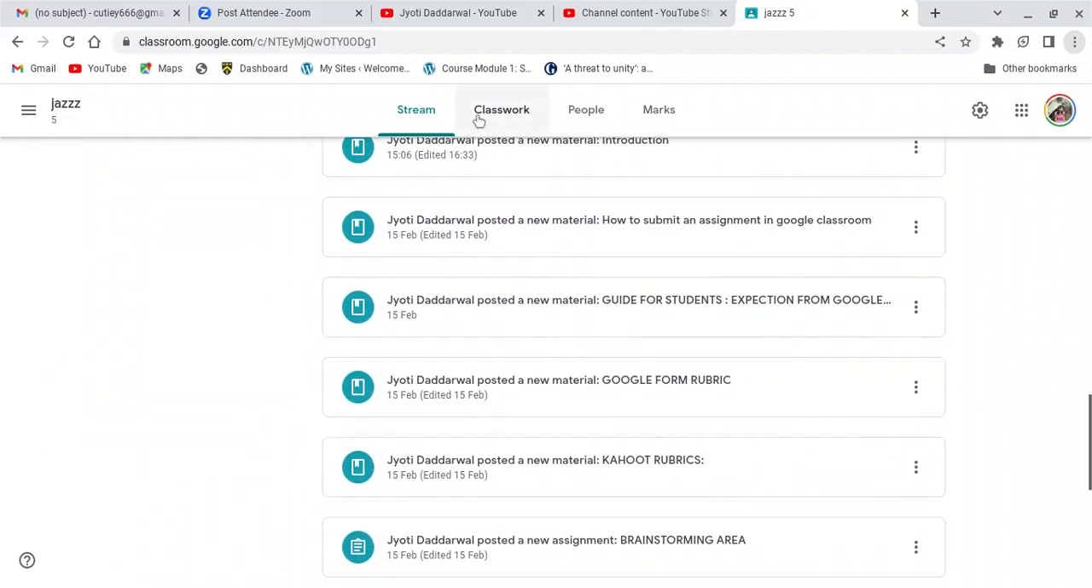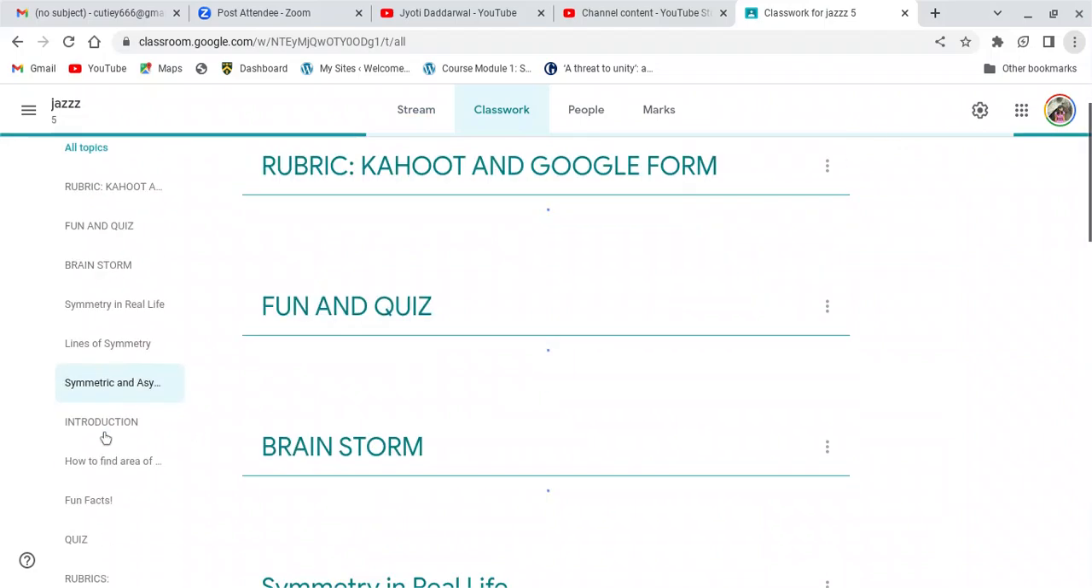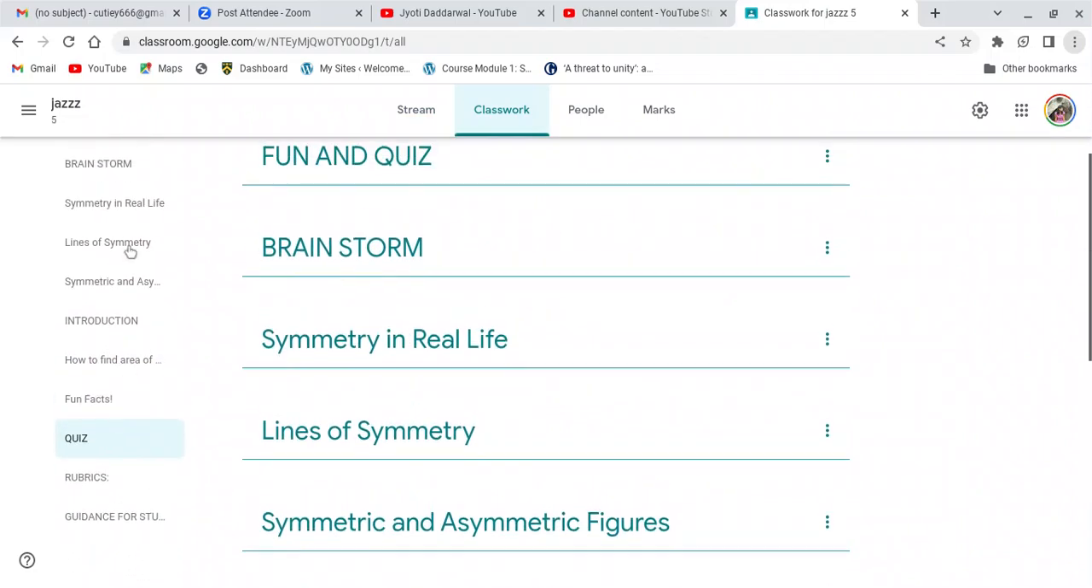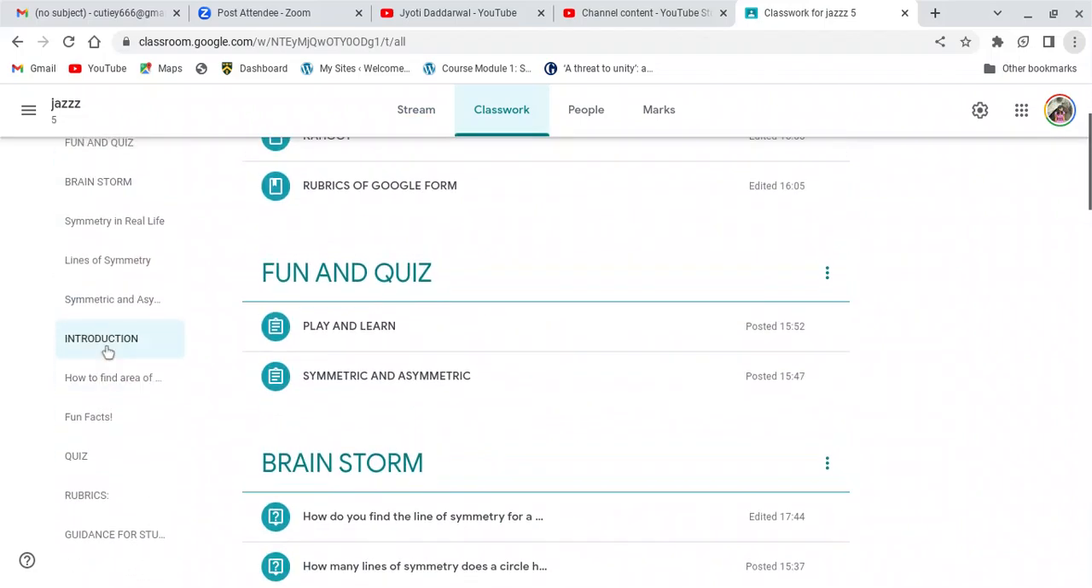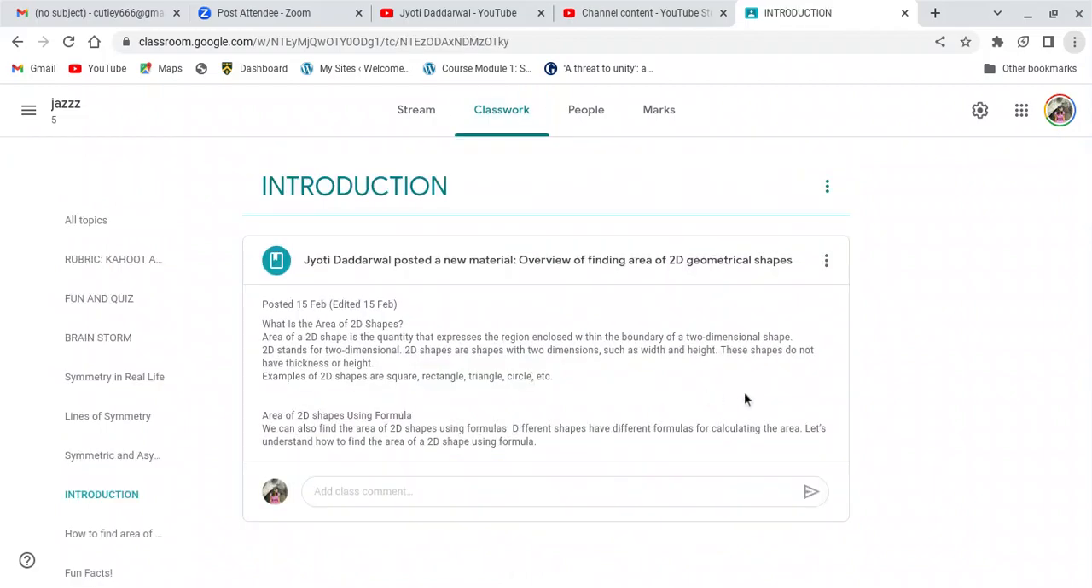So I started from here, the introduction in my previous class. First of all, I told about what is the area of a 2D shape. Area of a 2D shape is the quantity that expresses the region enclosed within the boundary of a two-dimensional space. 2D stands for two-dimensional, such as width and height; these shapes do not have thickness